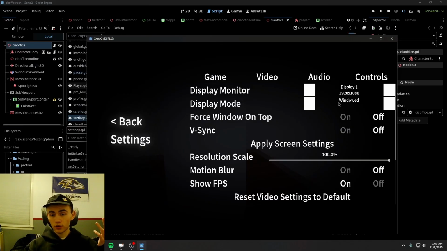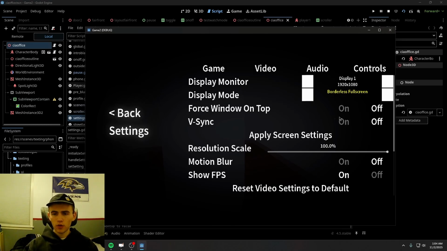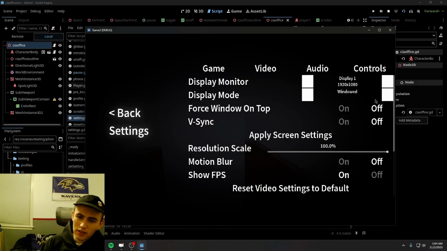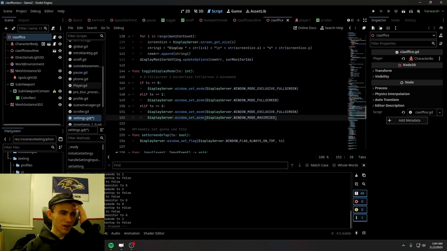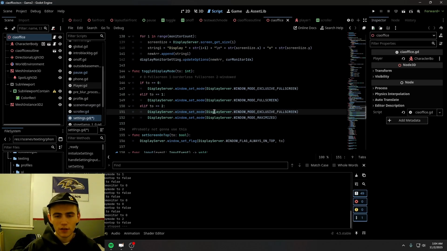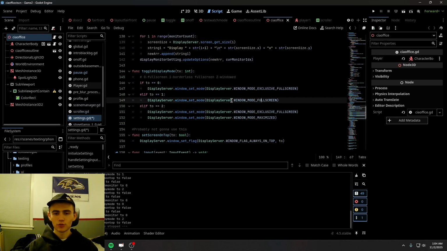So exclusive full screen resets the weird border outline window, which is weird. I don't know why it wouldn't reset when you go to windowed mode. There's a little workaround, which I think was on a Godot website somewhere. I might link it. When you want to set it to windowed mode, even after using the borderless full screen mode,